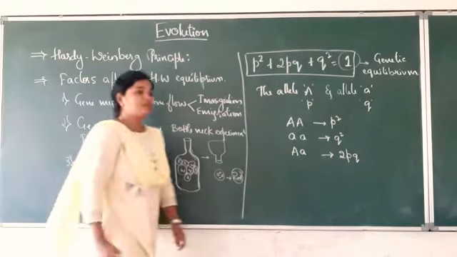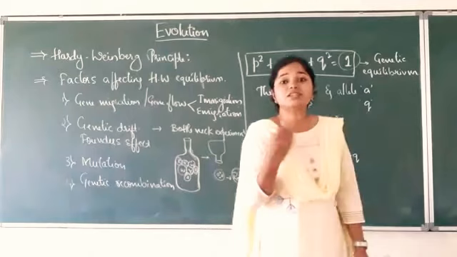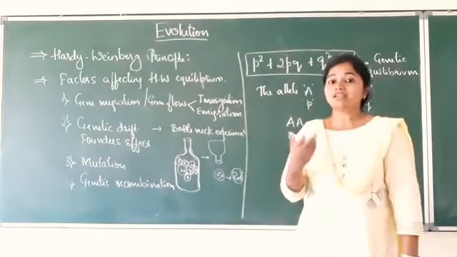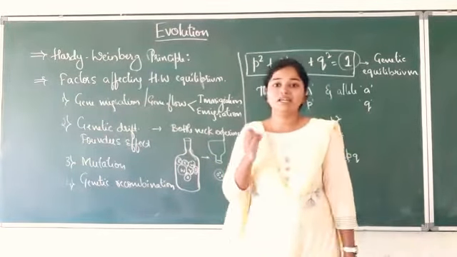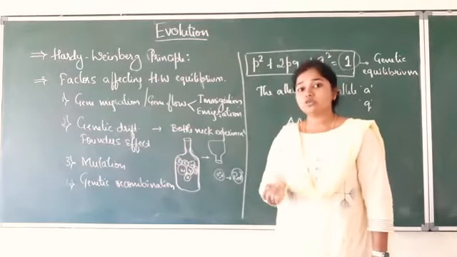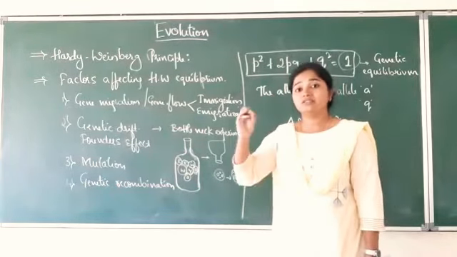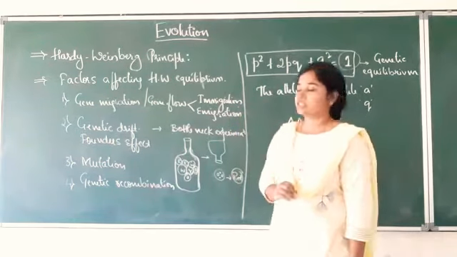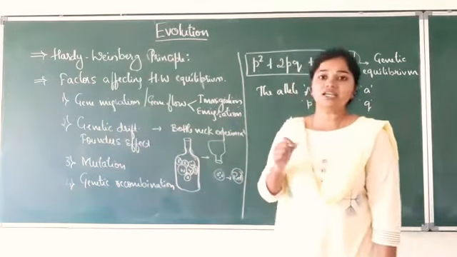So what do you mean by this recombination? A combination which is different from the previous one is called a recombination. Genetic recombination means the mixture of the genetic material, which is going to form a combination that is very different from the parent generation. So that is called genetic recombination.